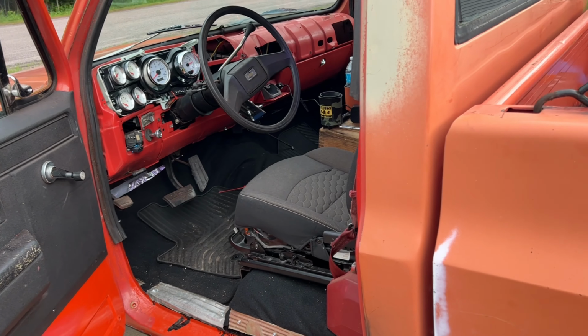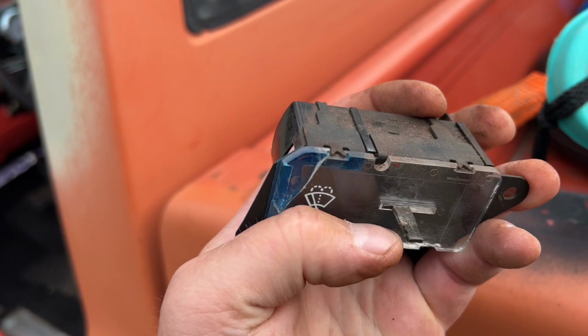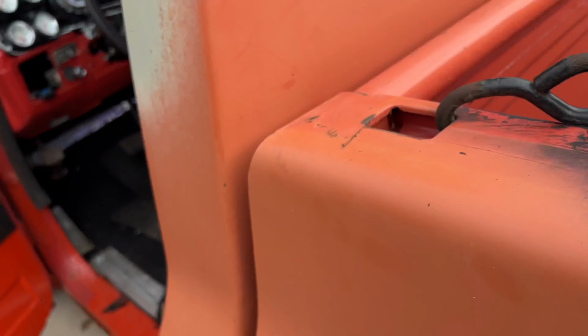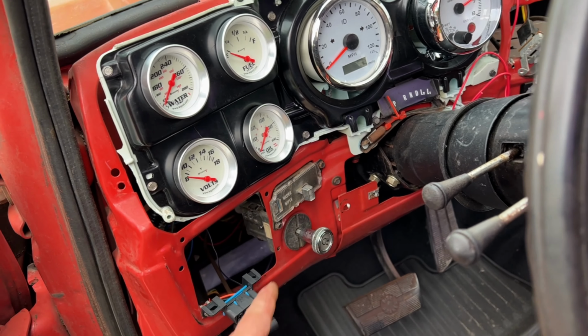Now, back, another quick one. The windshield washer switch. See, a little broken. Not really, just the knob was missing. Robbed one out of bits and pieces, put that one in there. All good. For if you're wondering,